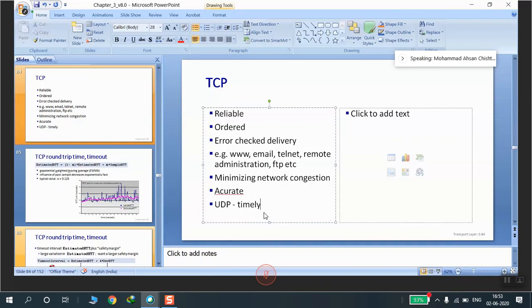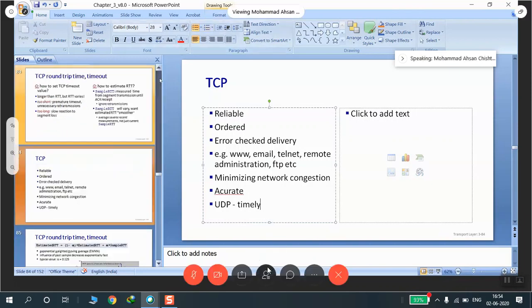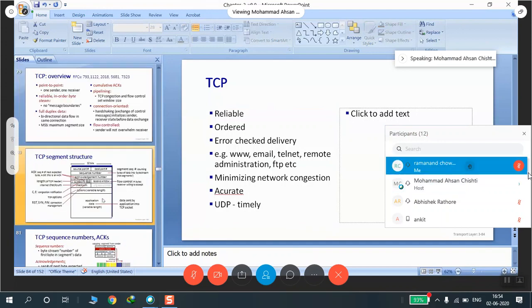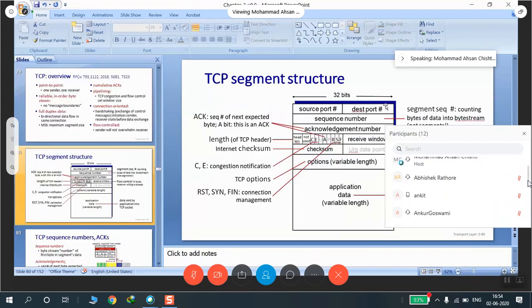Right. So I would want you to go and understand completely the segment structure that we have discussed today. Okay. Let me go back. I want you to go ahead and understand this very well. Well, source port number, destination port number, we understood this. We understood the data below.